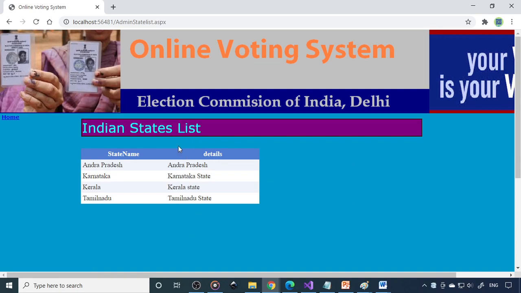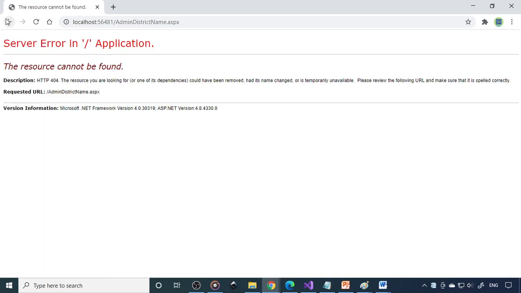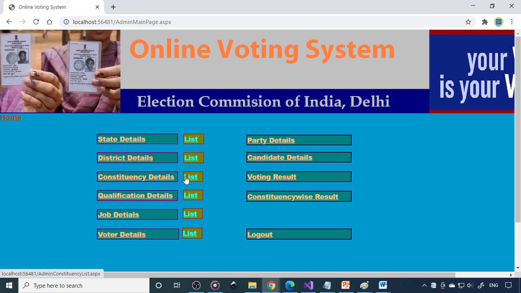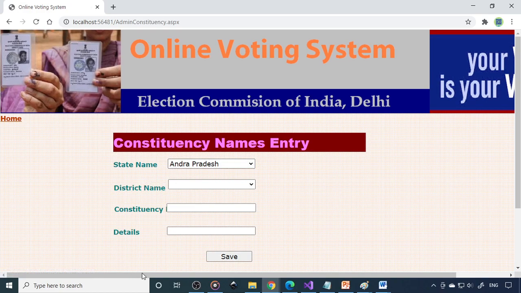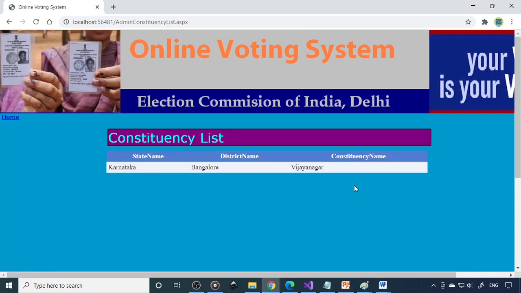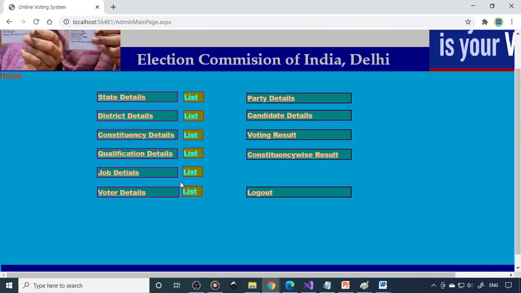Then the corresponding list will come here. Then district details and the corresponding list. This is a constituency list. These are the constituency details. So here we have one constituency, that is Vijayanagar constituency. So you can enter more constituencies here.